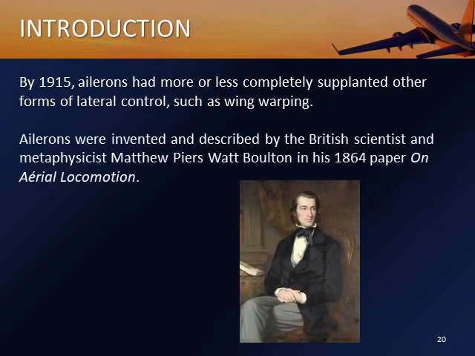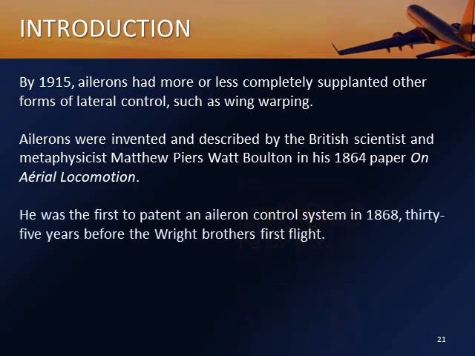By 1915, ailerons have become more popular than wing warping. Ailerons were actually invented and described by a British scientist and metaphysicist, Matthew Piers Watt Boulton, in 1864, in a paper that he wrote about aerial locomotion. He was the first to patent aileron control systems in 1868, so 35 years before the Wright brothers actually took